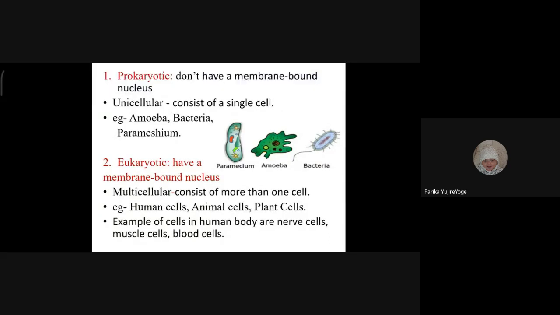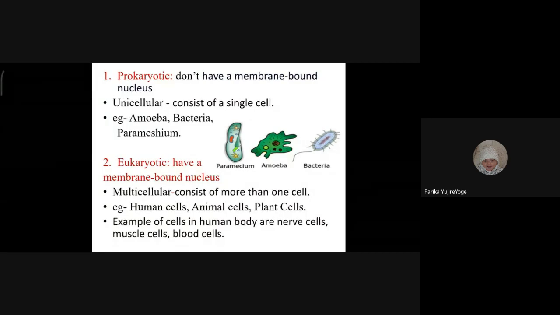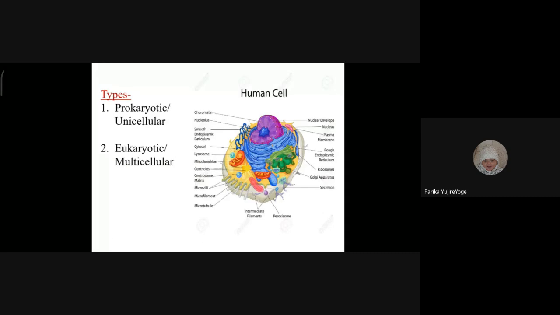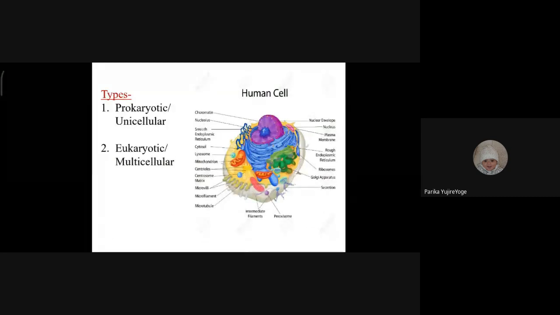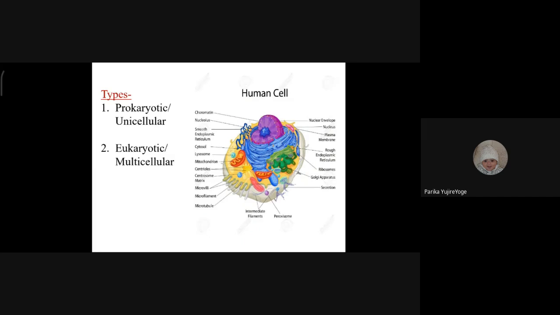Inside the cell there are so many organelles, like we can see here: mitochondria, nucleus, Golgi body, lysosome, peroxisome, ribosome, endoplasmic reticulum. These are organelles found inside the cell. So if these organelles are bounded by